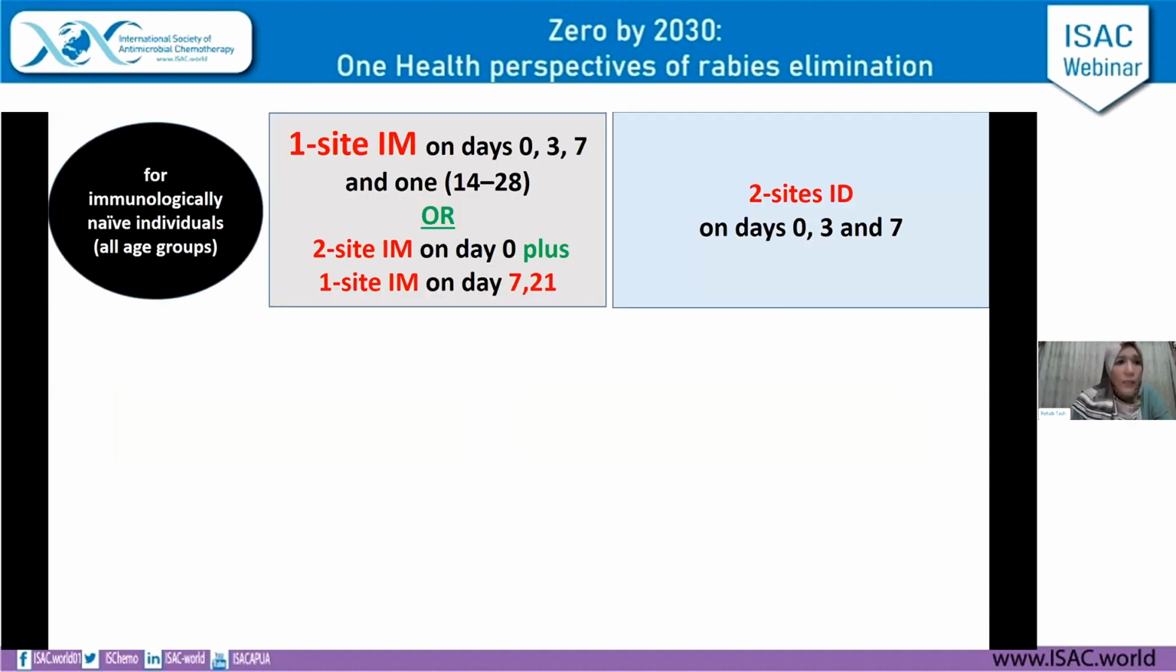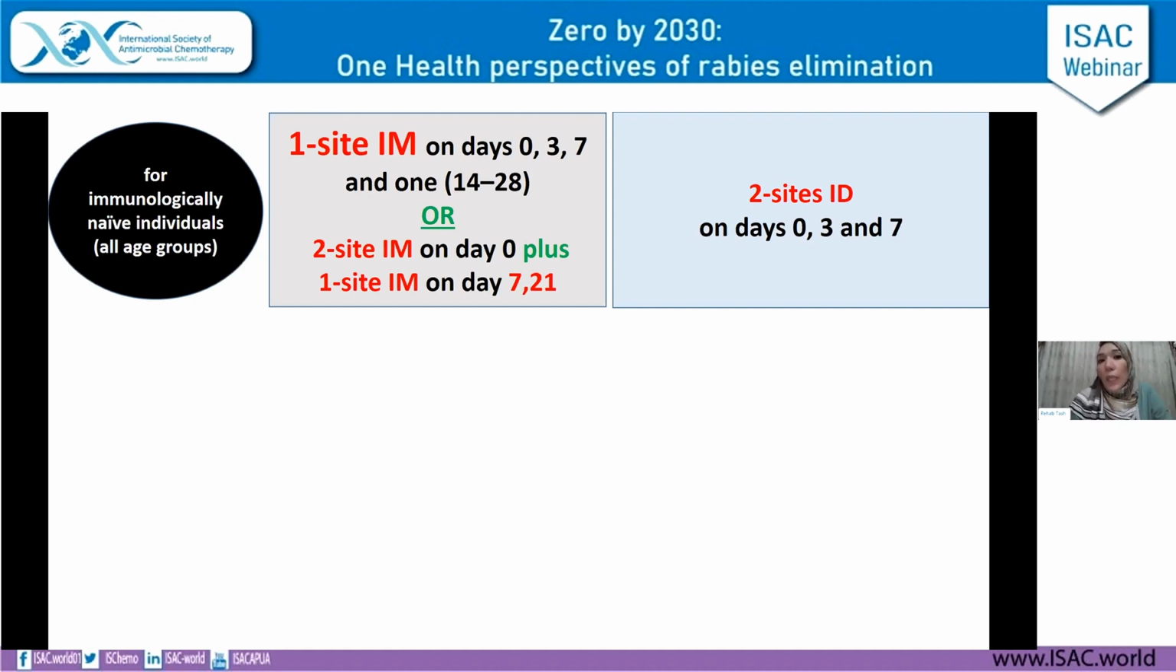For immunologically naive individuals, for all age groups, for lactating and pregnant females, it's safe to administer the 2-site intradermal vaccine on day 0, the day of the bite, then day 3 and day 7. There are 3 doses of 2-site intradermal. Each injection is 0.1, while the intramuscular injection, 1 site, needs 4 clinic visits: 0, 3, 7, and 1 day